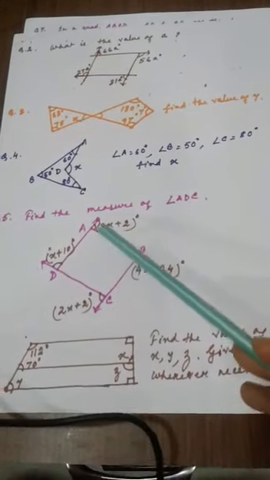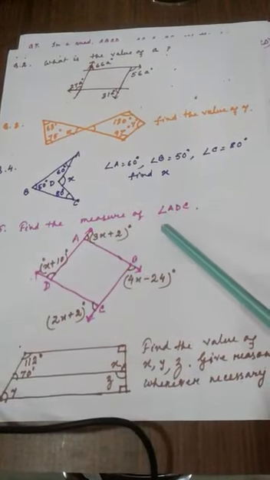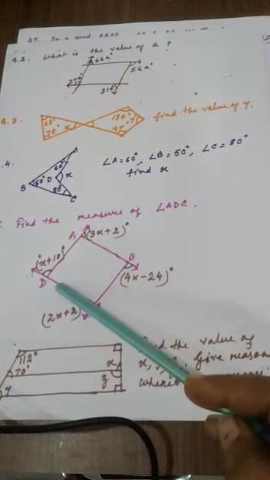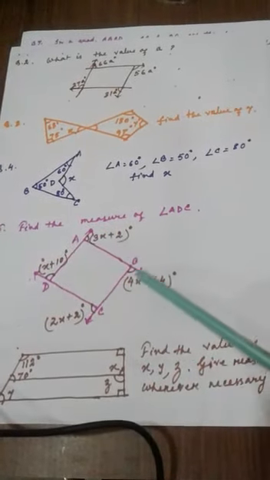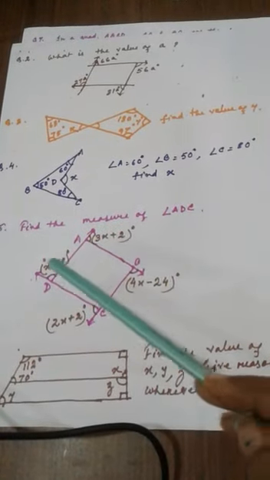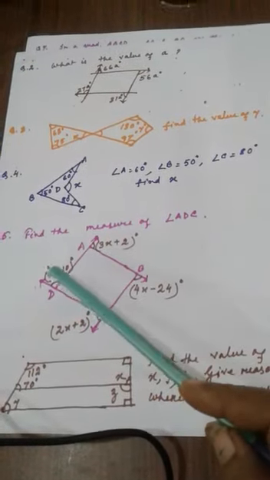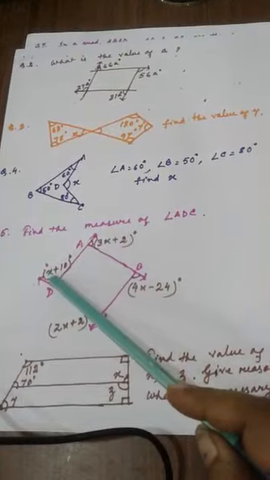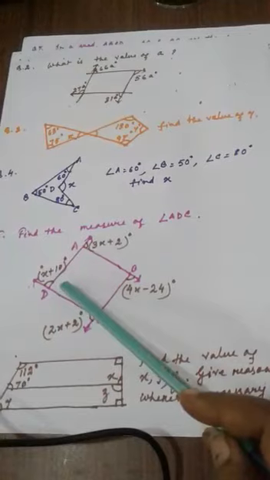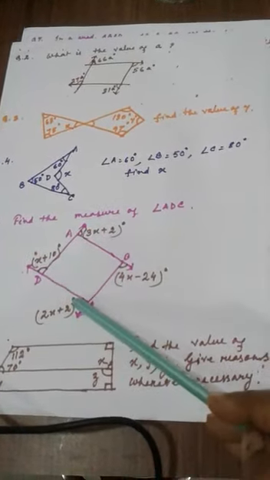In the same way, in this figure, these all are exterior angles. You have to find the value of angle ADC, that means this interior angle. So with the exterior angle sum property, first you find the value of X. After finding the value of X, find this exterior angle. After getting this angle, this is a linear pair, so from 180 degrees subtract this angle, and you will get angle ADC.